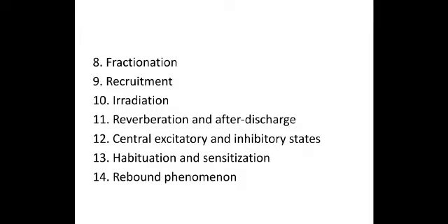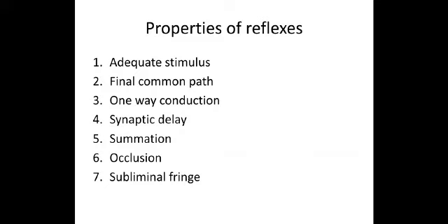So we shall see the first property, which is called adequate stimulus. The reflex activity, as you all know, is stereotyped. That is, it is fixed and specific in terms of both the stimulus and the response. Therefore, a particular stimulus produces a particular response, as the receptors respond maximally only when an appropriate specific stimulus is applied. Likewise, the stimulus that produces a reflex is very precise and is called the adequate stimulus for the particular reflex.